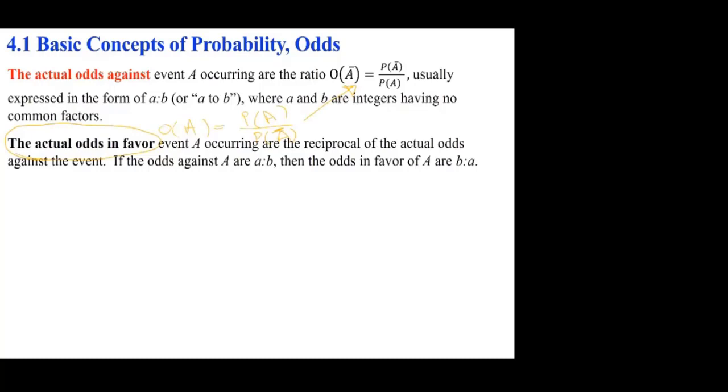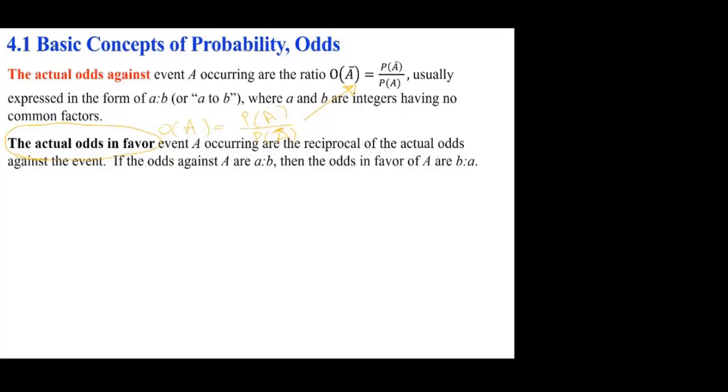So that's the definition. And I want you to look at the actual odds in favor. When you look at that, odds for A has the probability of A at top. If the probability of A is extremely small, then the probability of its complement is almost 1. And that's why they seem to be the same. So when the probability is extremely small, for all practical purposes, they become the same. But they are not. And that's important for everybody to know.